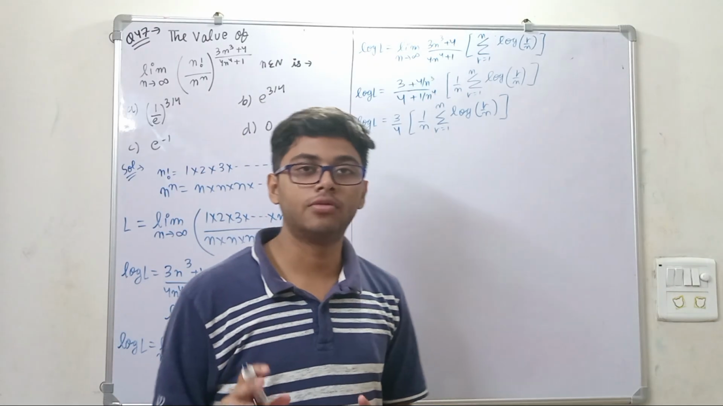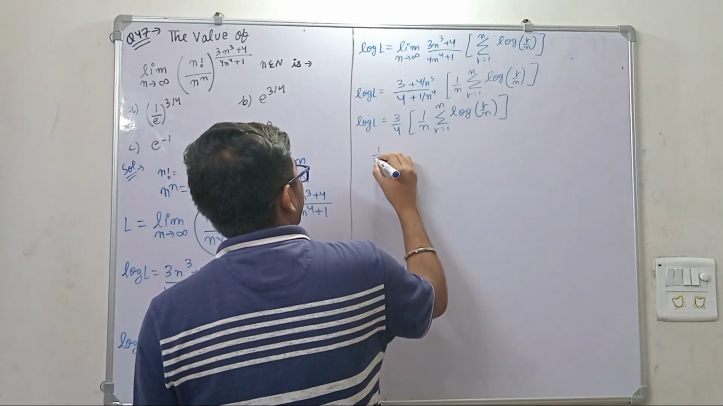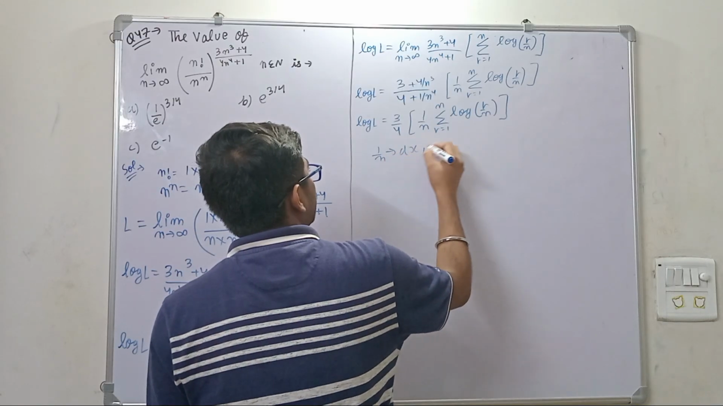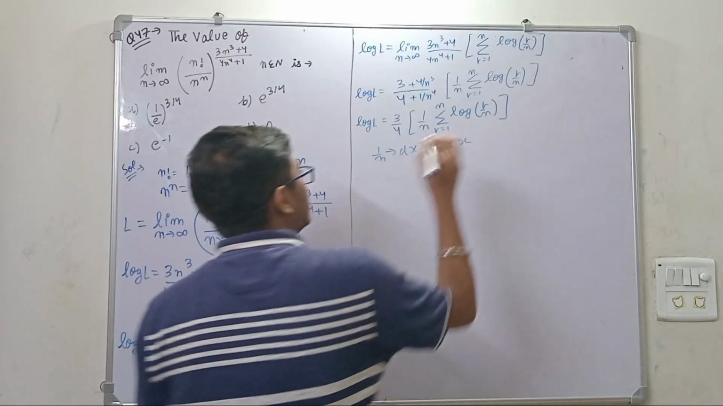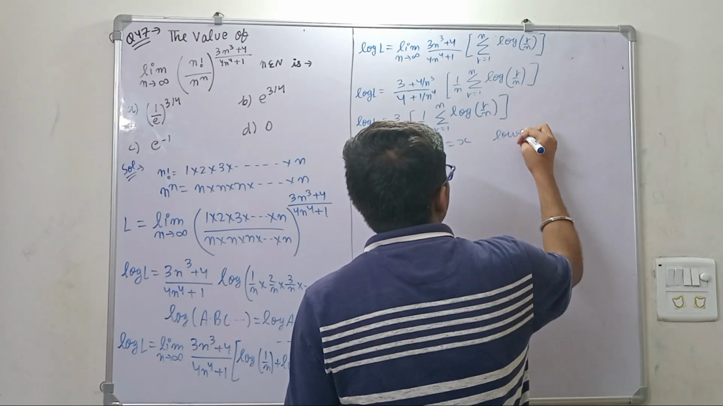Definite integration of the limit of this one. Generally, what we do here, I will tell you in short: you put 1 by n as dx and r by n as x. And how will you find the limits? See, the lower limit will be given as